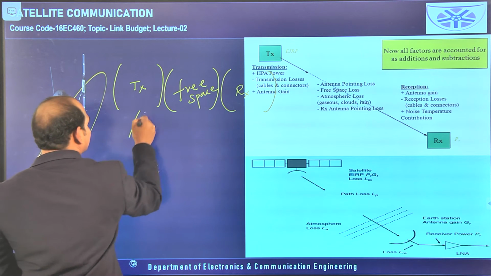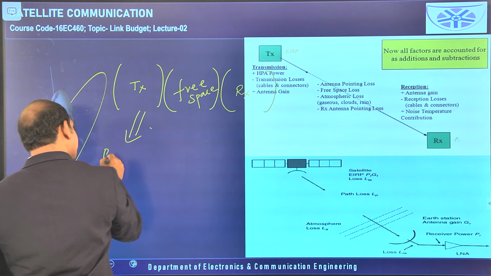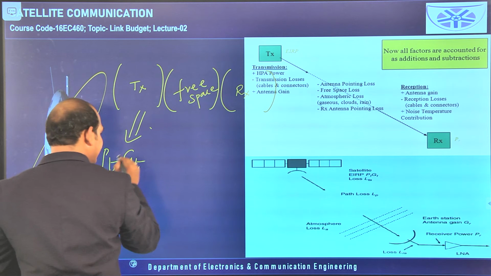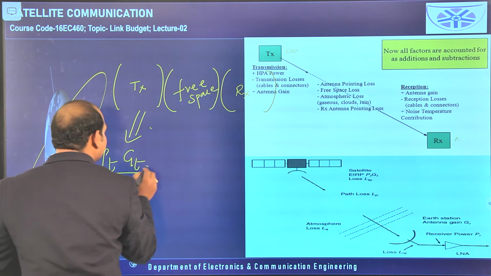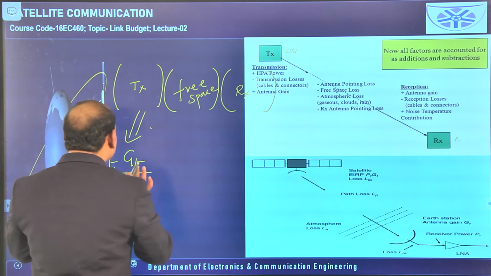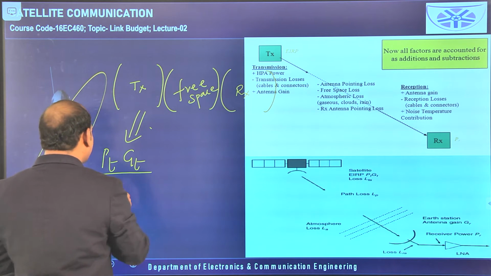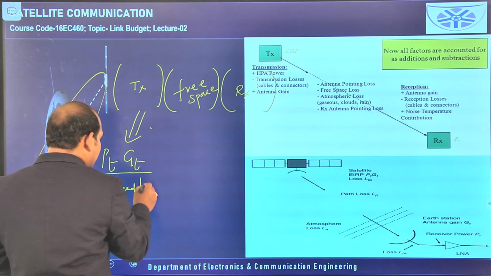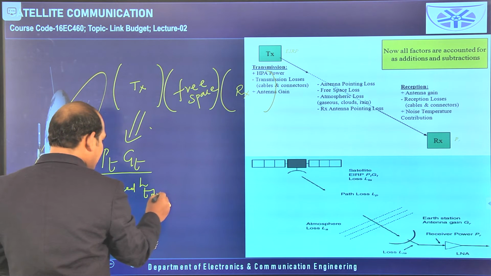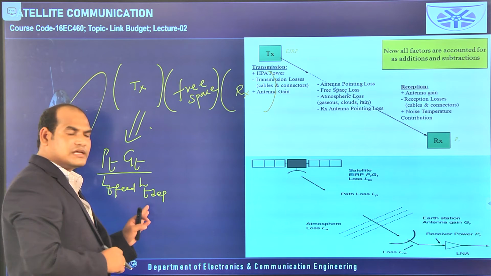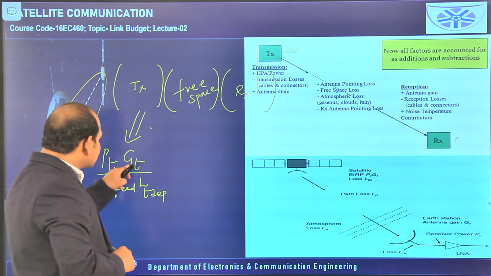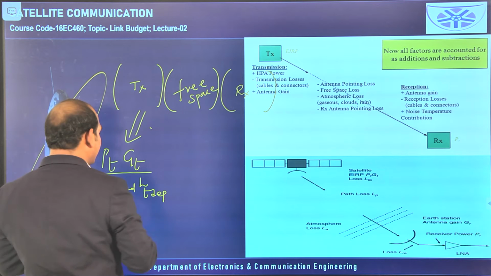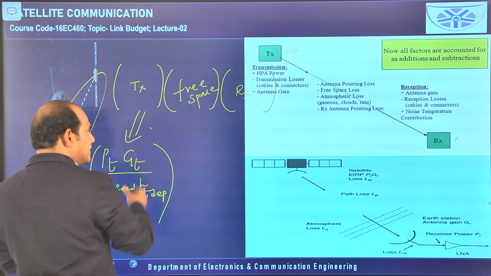So at the transmitter level, what is happening? PT is starting from here. Because of the transmitting antenna, it is multiplied with GT, and whatever losses are there in the transmitter level, those I am writing here only. So the losses available in the transmitter level, first one I can take feeder losses, next one I will take depointing nature of the transmitting antenna. So these two are losses only, that is why I have written in the denominator. But because of GT, the power is multiplied, it will be gained something, that means PT should be written in the numerator. So this is what is happening in the transmitter level.